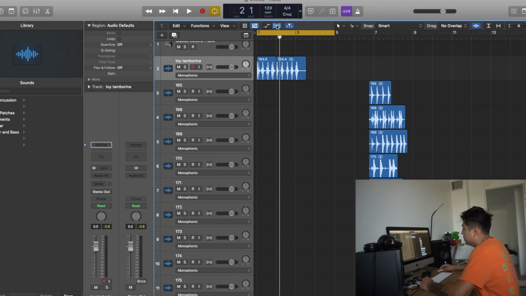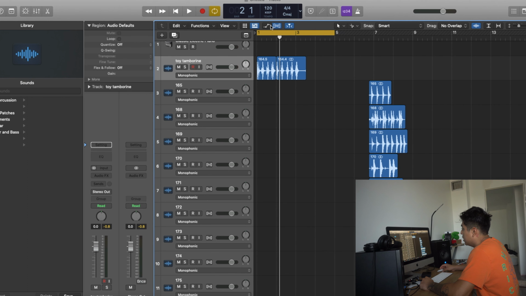Time stretching, that's another thing that I do a lot. Time stretching is pretty much you just stretch the sound. If you narrow the sound, it's gonna sound really quick, but if you stretch it more, it's gonna sound longer, right? For an example, time stretch in Logic, right here, this little thing, and then it will